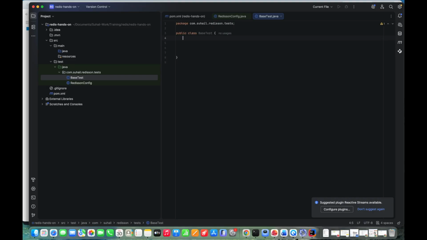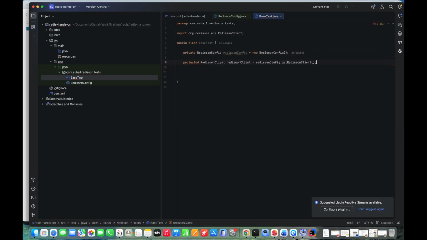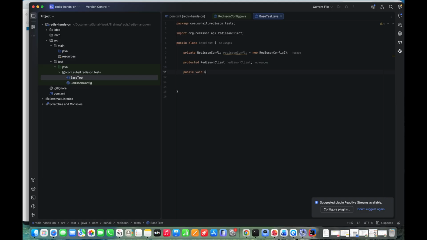So what we'll do is I will just create the Redisson config here, and protected, the Redisson client, right? Now before all the test cases run, I'll just call this set client ID, right? It should run before all the